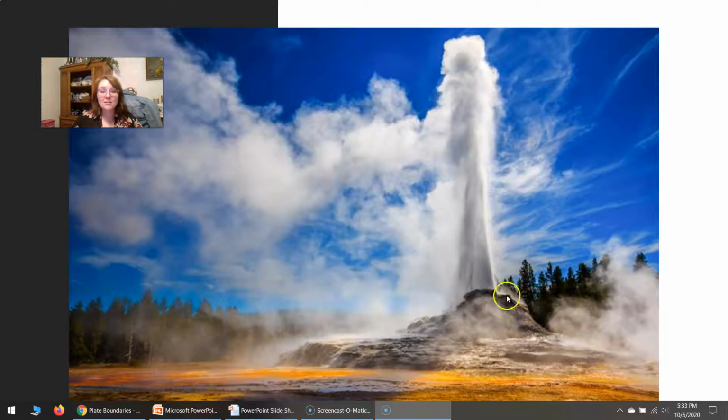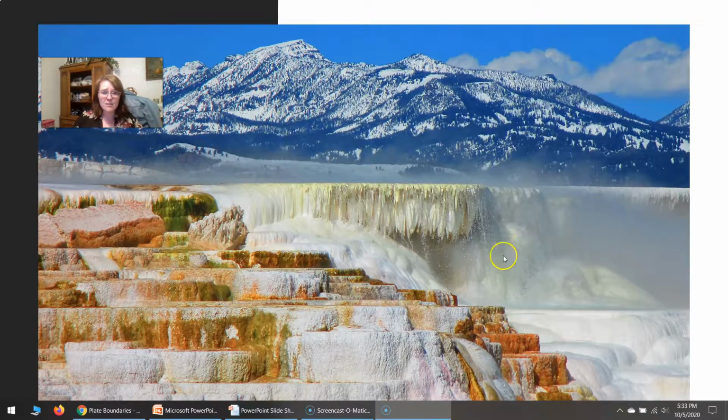You can have geysers in Yellowstone, so this is where water consistently shoots out of the ground. There's one called Old Faithful, and it shoots out exactly like clockwork. You can go see it at exactly the same time. It's like every hour, so I don't remember. I was there when I was a kid, but I didn't really pay attention to the time because I was a kid. Here's where there's kind of a waterfall, but there's minerals in the water because it's hot spring water,